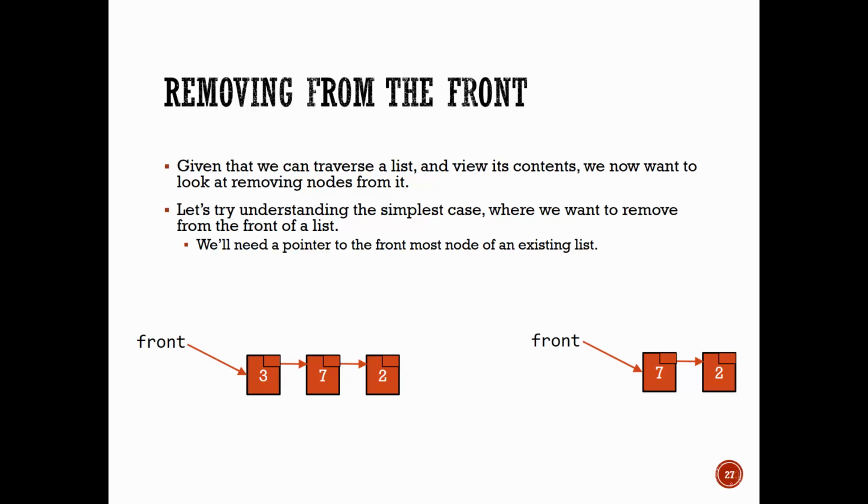So remove is the last thing we need in order to have a fully functional linked list with some useful functionality. So what's the idea? We have a list with a bunch of nodes in it, and we want to remove that frontmost node. In this picture I have the same list we had before, containing 3, 7, and 2. This is what I would start with. My goal is this over here, which is just dropping out that first node.